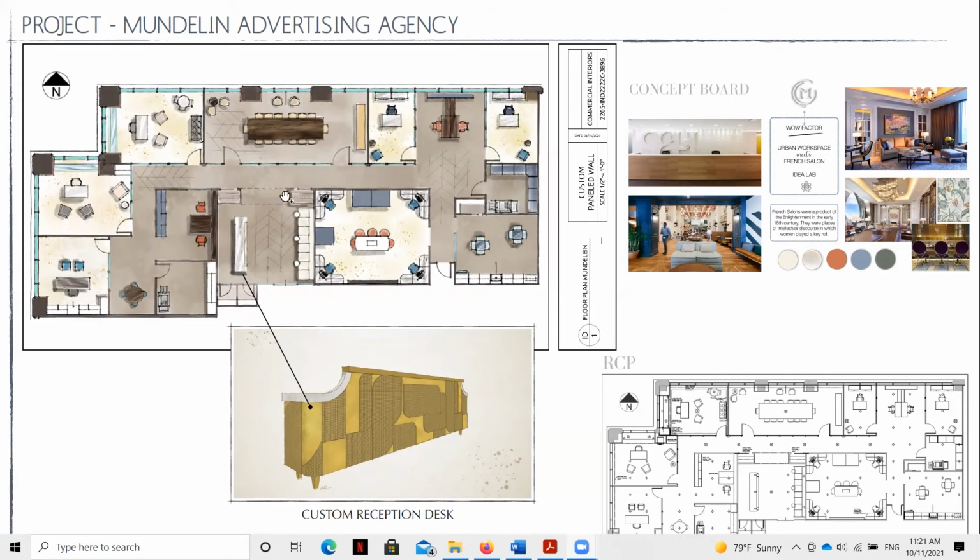So a little bit more conversion of that design development project into a portfolio presentation starts to necessitate that we adjust the drawing types and the labels just a little bit. But you can see here a beautifully rendered floor plan, and you can see this custom reception desk here. Now, the arrow and connection, or the leader line that connects this to this image, works really well. You could also use a camera view on it too.